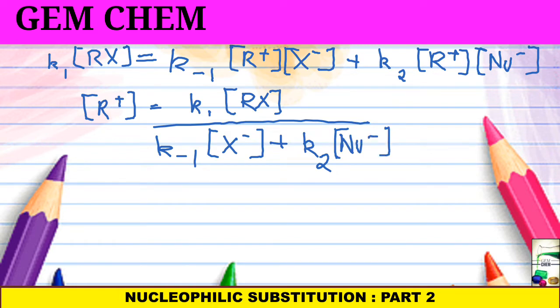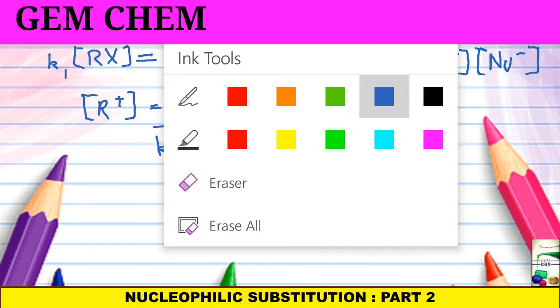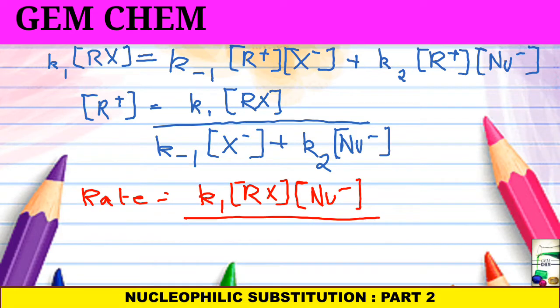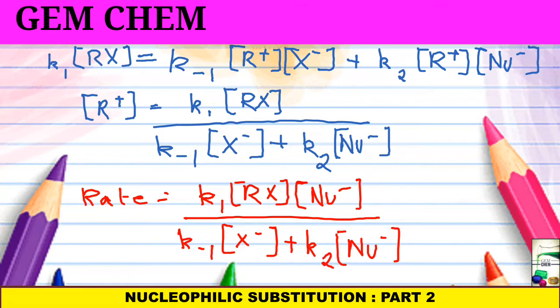that is the nucleophile concentration, and ultimately the rate of reaction comes to be k1[RX][Nu-] divided by k-1[X-] plus k2[Nu-]. At the beginning of the reaction, when the concentration of X- is very low, then we can consider that k-1[X-] is negligible compared to k2[Nu-], as a result of which the rate of reaction can be reduced to rate equals